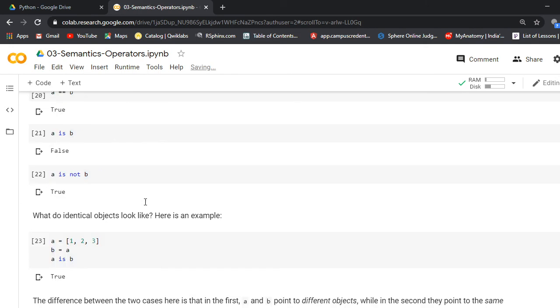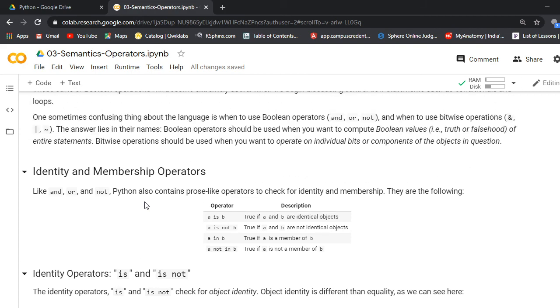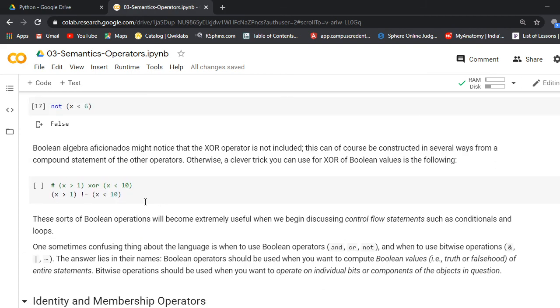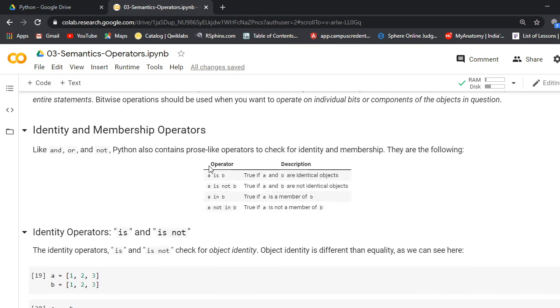So like this we can perform identity and membership operators.